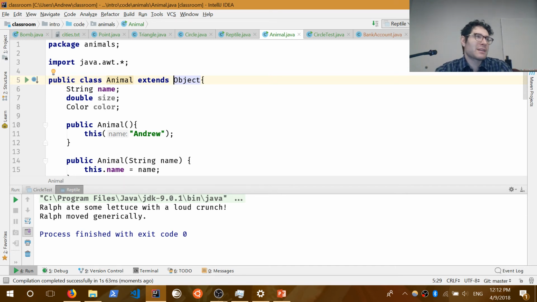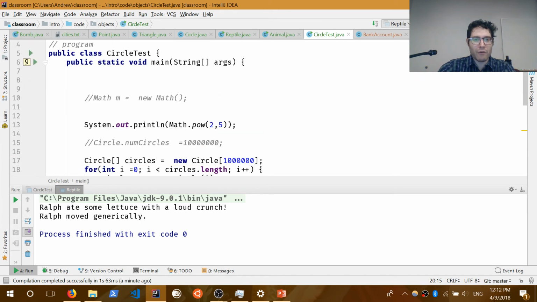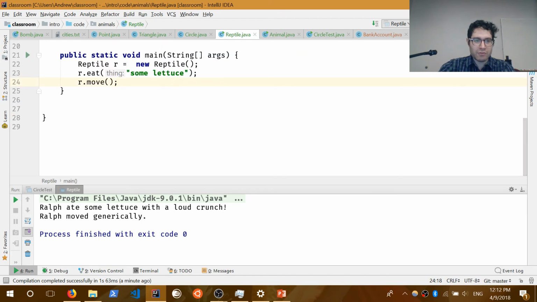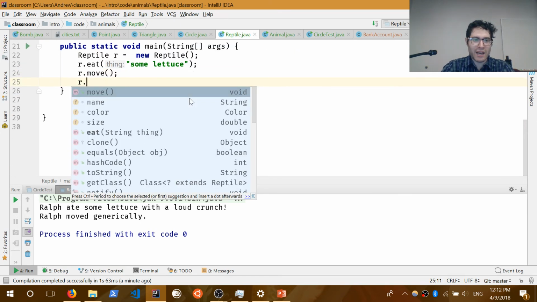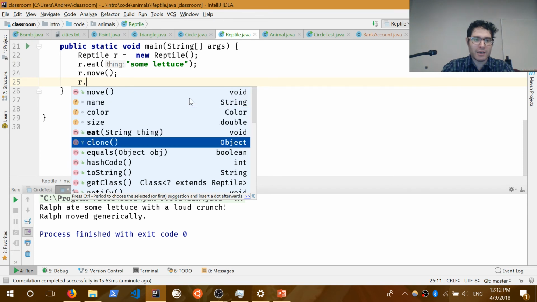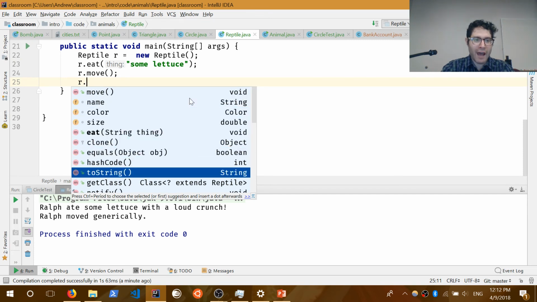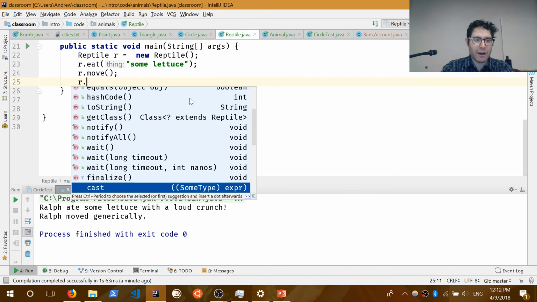The toString method, in other words, the method that gives instructions on how to print out something. The equals method, right? So when I go over here to reptile and I do r dot, we see that it has move and eat and name and color, but it also has clone, equals, hash, toString. It's getting all this extra stuff